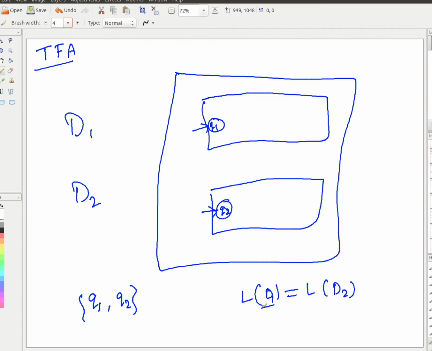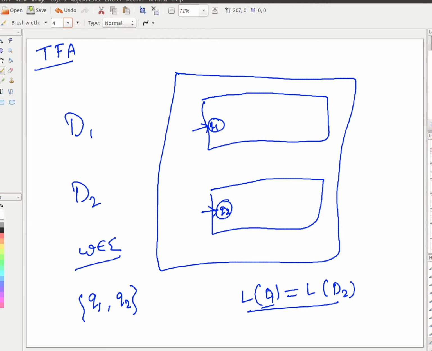Why? Because if you are able to prove that Q1 and Q2 are equivalent, that means for any given string W in sigma star, they both accept together, and they both reject together. And that's what you want for equivalence, right? So to check whether two machines are the same or equivalent, this is the simplest thing. So if you write a machine and ask whether my machine is correct or not, I can guarantee that I have designed a correct machine by just doing the equivalence check. So that is another usage of this.